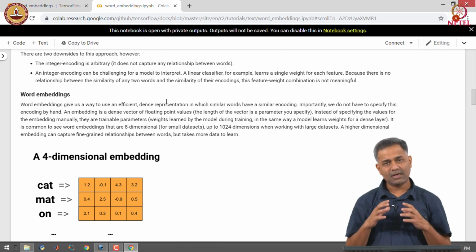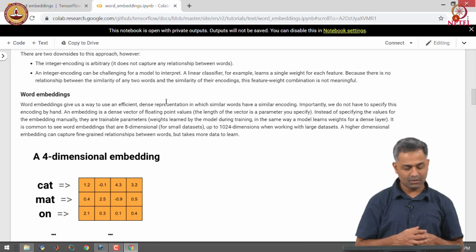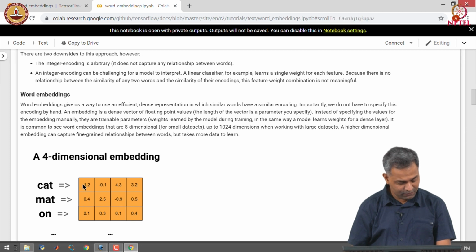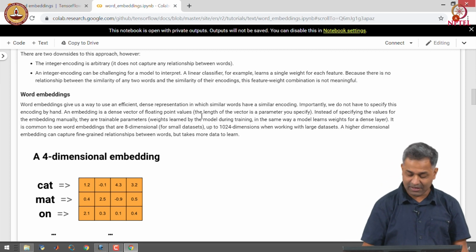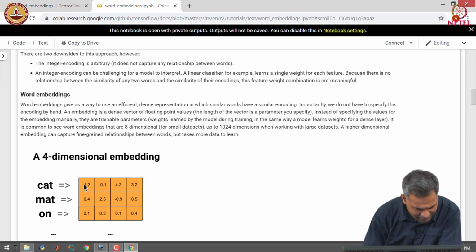What does embedding really mean? An embedding is a dense vector of floating point values. The length of a vector is a parameter that we specify. Instead of specifying the embedding manually, these are trainable parameters which are learned through the training process.